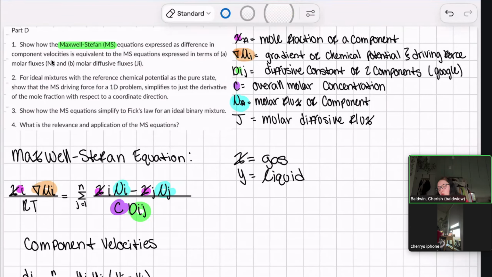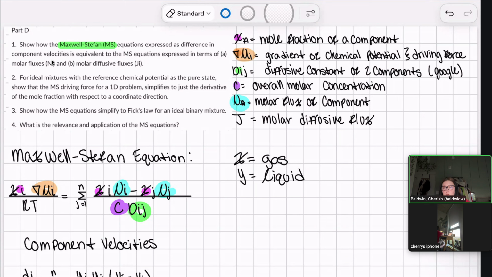All right, so homework 3, part D, part 1. I'm going to show how the Maxwell-Stefan equation can be expressed in terms of molar fluxes and molar diffusive fluxes. So, the general Maxwell-Stefan equation is shown right here, where xi and xj are the mole fractions of the component,